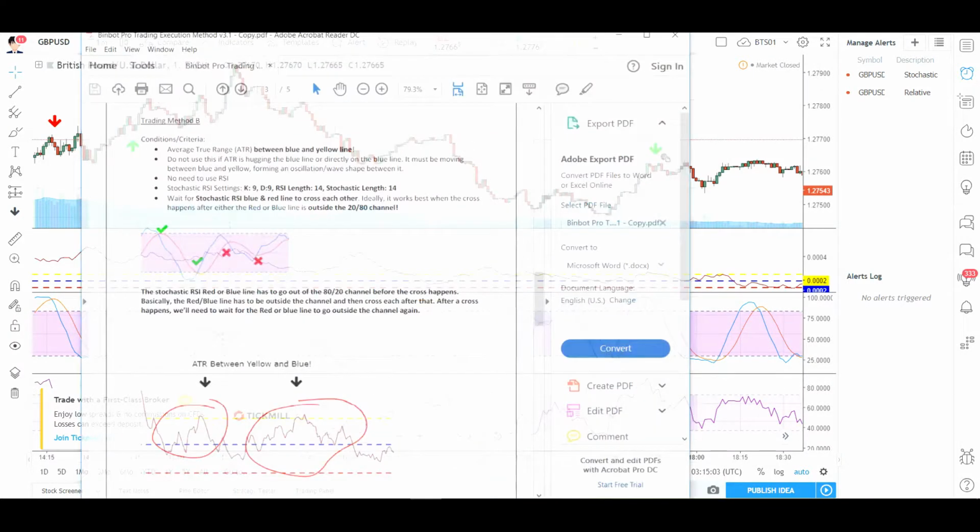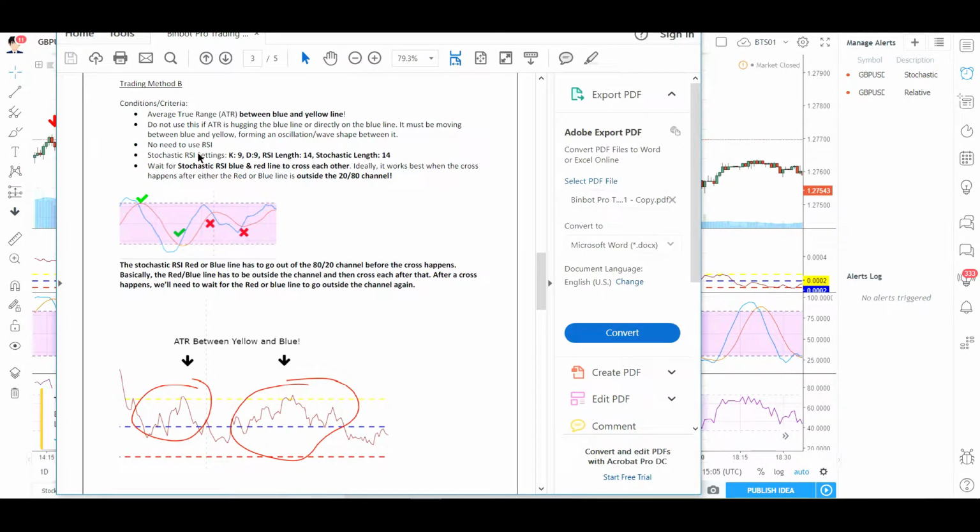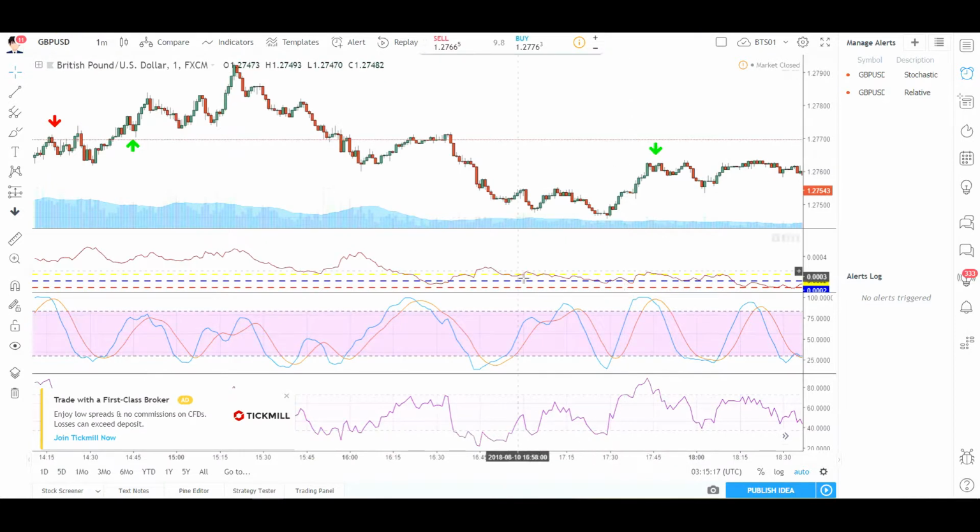Alright, so wait for the stochastic RSI blue line and red line to cross each other. Ideally, it works best when the cross happens either after the red or blue line is outside the 20-80. So I probably mentioned in this old tutorial clip, that means that